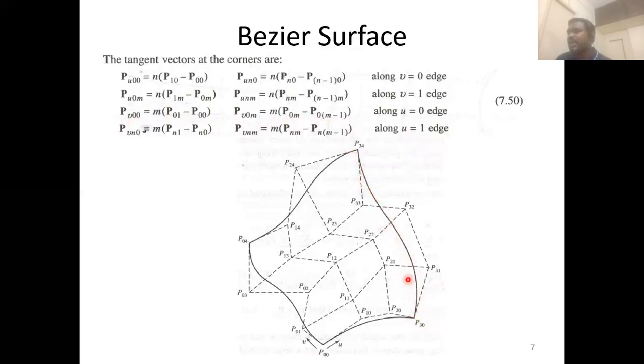Likewise, u is equal to 1, I have to consider this one. Along this, what happens? This value remains the same, n will be the same: 3, 3, 3, 3. Therefore n is written here, n1 minus n0. These are all the expressions of the tangent vector. Again, in the generalized expression nm, you can substitute m here and m minus 1 for 0. So the base edge corner will be tangent to the surface. That is the point people are trying to explain.